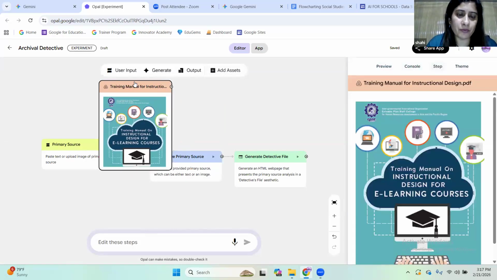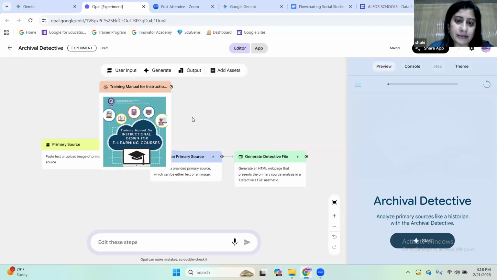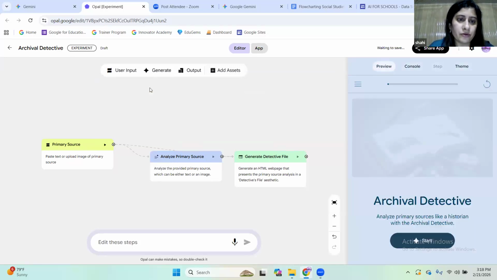Those of you who have attended my previous two workshops regarding agentic AI creation, or creating agents in Gems in Gemini, there was a possibility that you could add files in the knowledge base. That cannot directly happen here in apps, but you can add files to its knowledge base by adding them in the assets the way I've done. You can upload files in PDF, you can add Drive, you can add YouTube links, you can add text, or even you can add drawings. So these are the possibilities. Then for example, I'm just going to delete it.